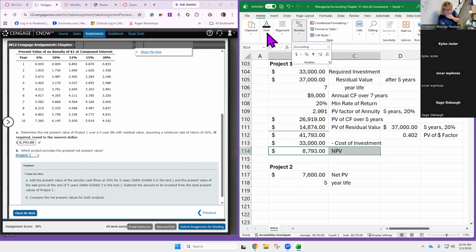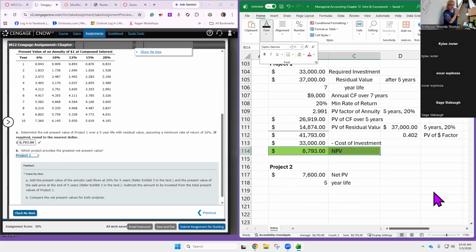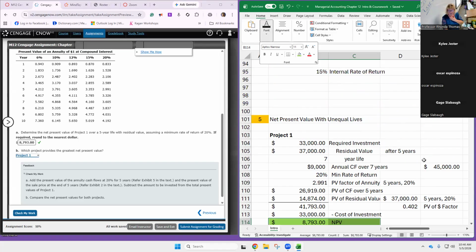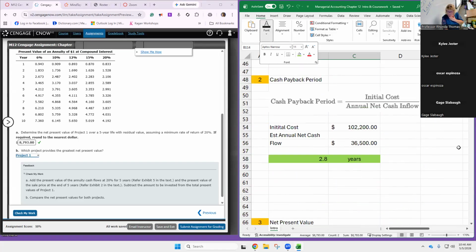Yep, probably go with. Okay, that ends us with our intro exercises. So one more time, 4 different methods to evaluate capital projects, basically, to figure out whether you should do it, to figure out if you need to choose between things, right? So that's all I got.